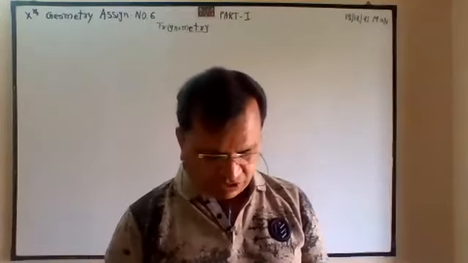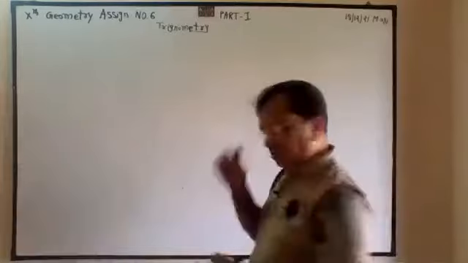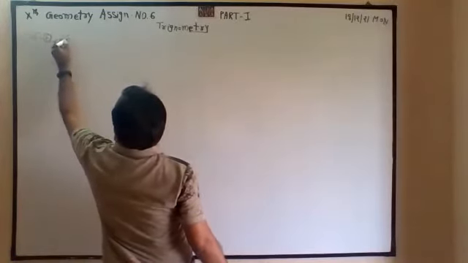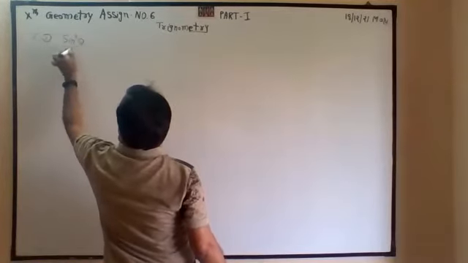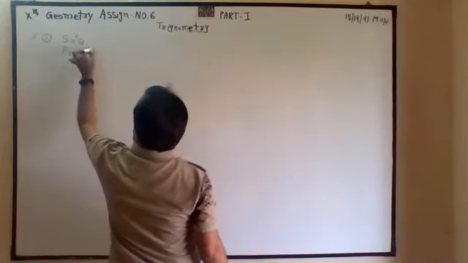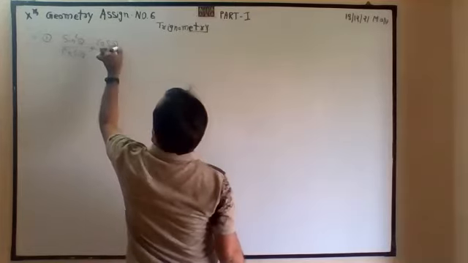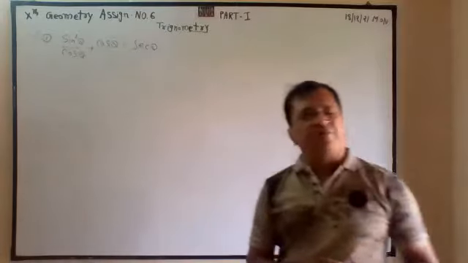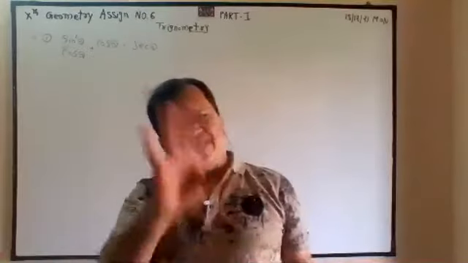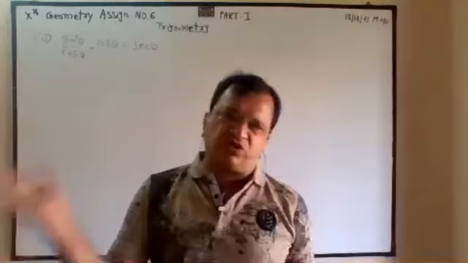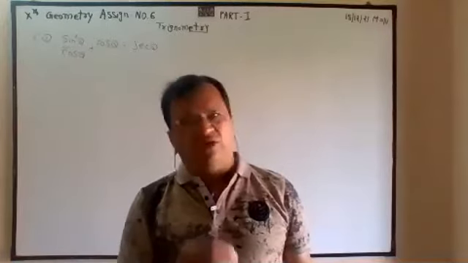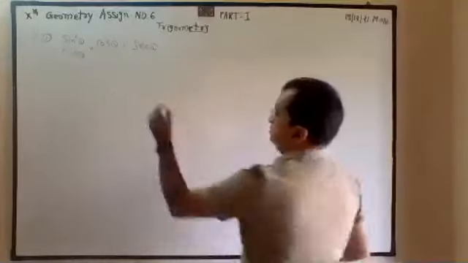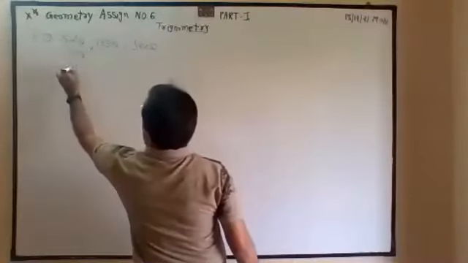Sine square by cos, 6 first, this we have to prove. From the left you can prove the right, from the right you can also prove the left. In trigonometry you can do it both ways. So left hand side